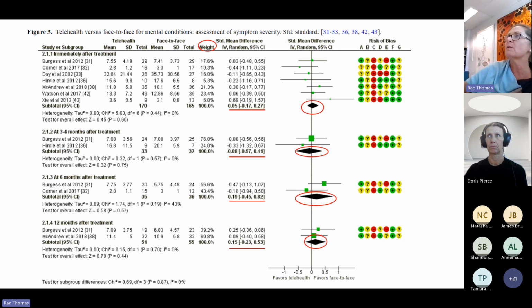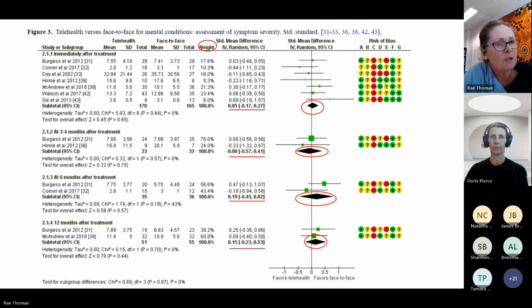Now that's important, because what if Watson here, even though he looks relatively okay, had all red? So we put Watson in there, but it was an awful study. It had a really high risk of bias. It was all totally red, but it contributed to the pooled effect the most. You need to know that, because that means he's pulling the pooled diamond to a place that's probably not right, because it's a bad study.